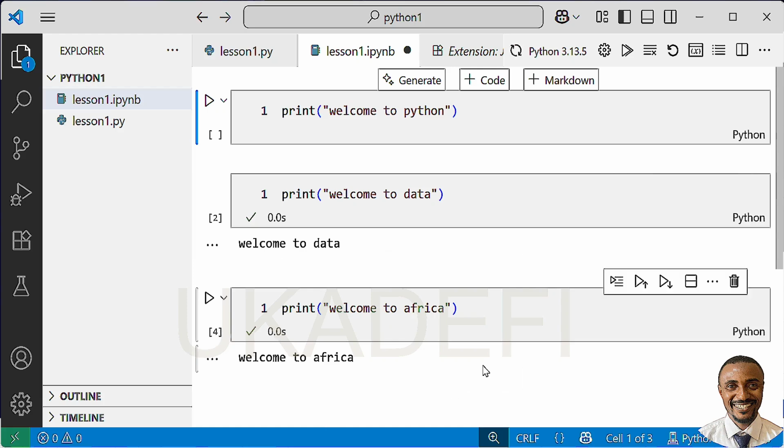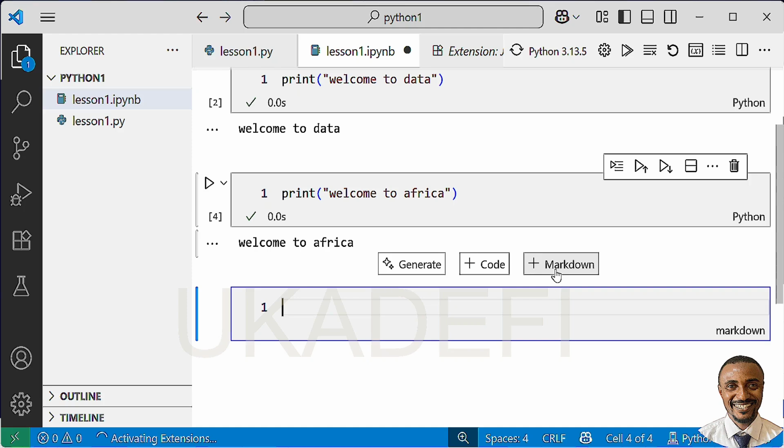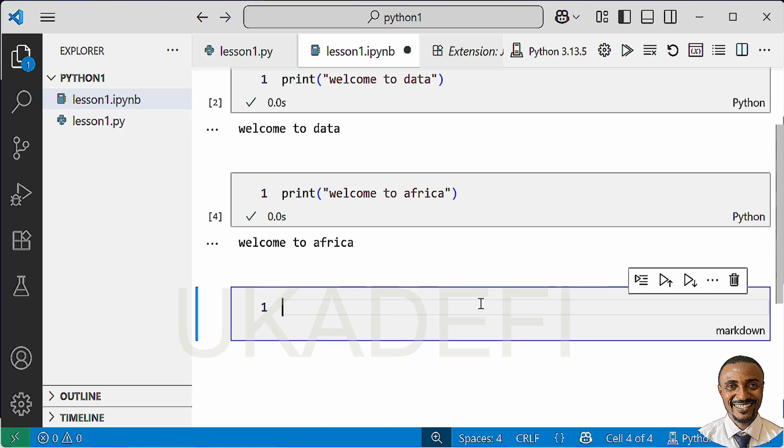Congratulations, guys. So the first thing I want us to learn now is the print function. And to do this, the next one here is called markdown. This helps you to add a kind of heading. Since we're starting the next phase of our lesson, which is the print function, I want to give this part a name, so that anyone that sees this notebook or this code will know what we are actually dealing with. So I'm just going to add a markdown, and to do that, you click on this plus markdown sign, and then you can type the name of your heading. And so we can call this the print function,